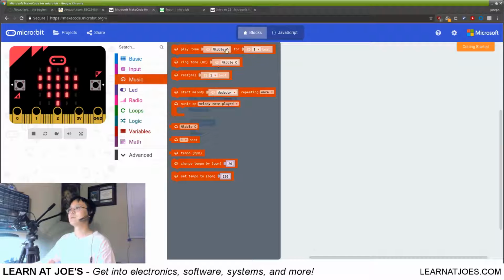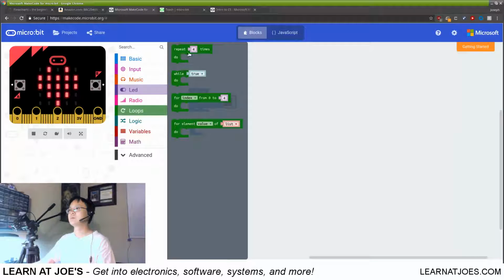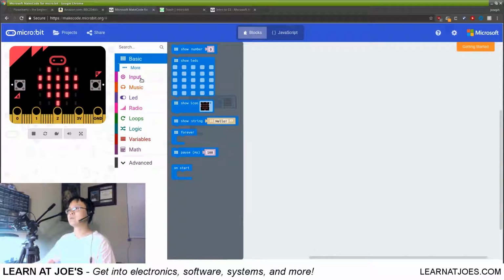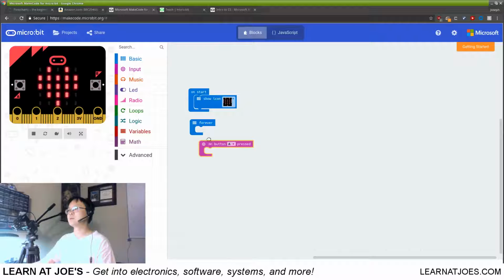And they have other options as well if you want to play music or other logic controls. Also math, so you can do some algorithm, do some arithmetic. Let's keep it simple just for sake of demonstration here. Let's say I want to do something with the buttons pushed. If button A is pushed,